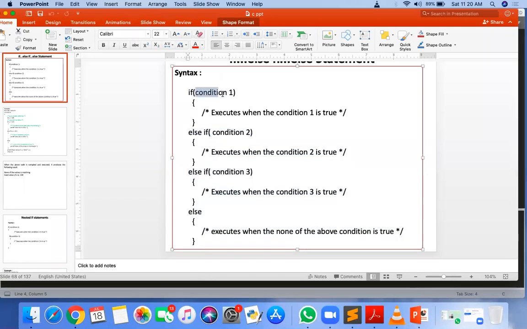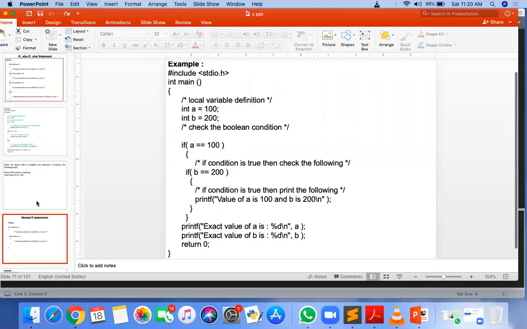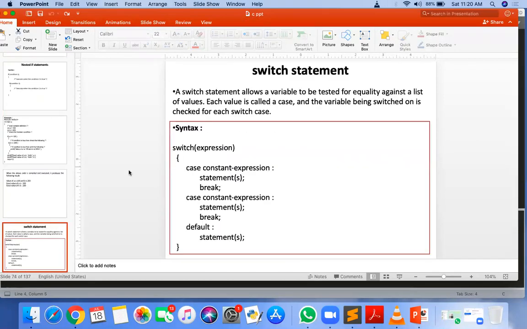But if the first is false, then only the second condition will be checked. If the second condition is true, then the statement gets executed. Otherwise, if the second condition is false, then the third one gets checked. So if you compare the switch case statement with the if else statement, only the syntax is different here, but the working is the same.